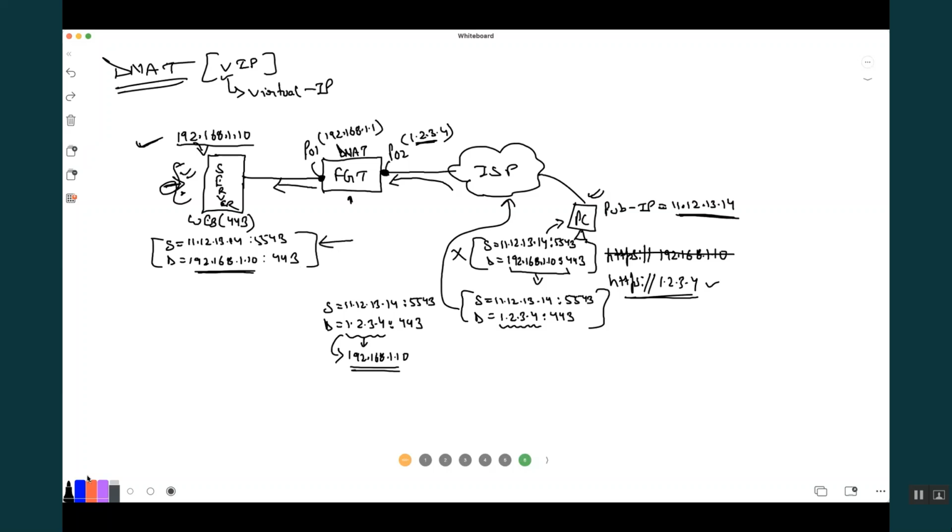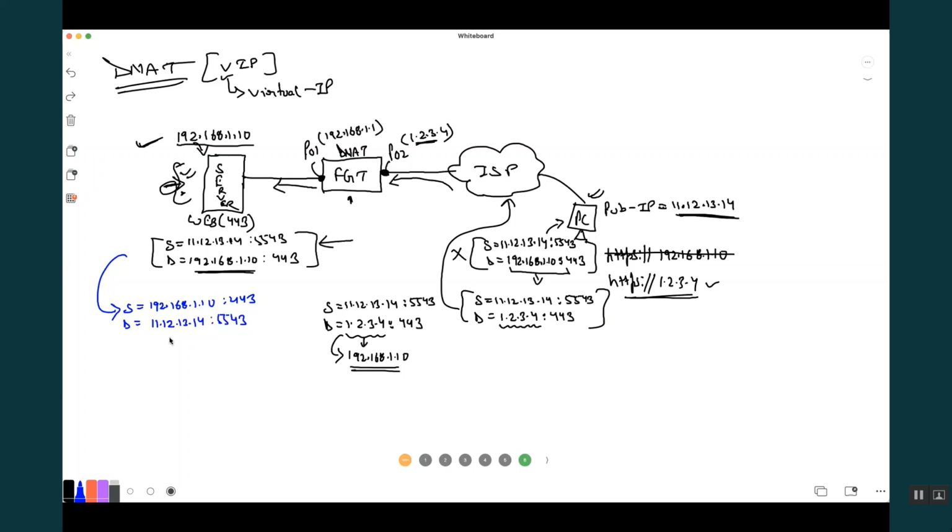So when the server tries to reply, the reply packet source is 192.168.1.10, source port 443. Destination will be 11.12.13.14, port 5543, correct?